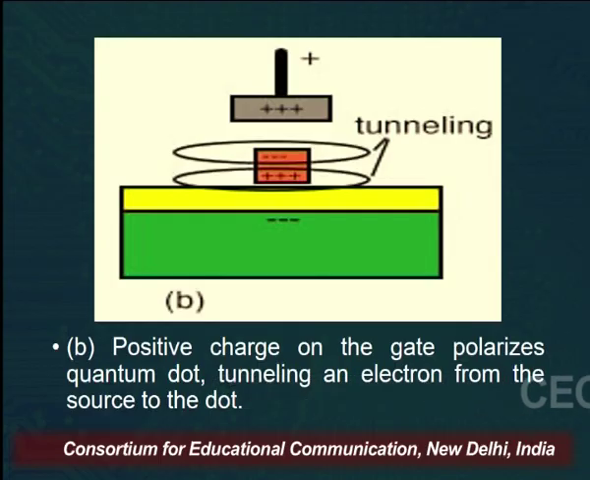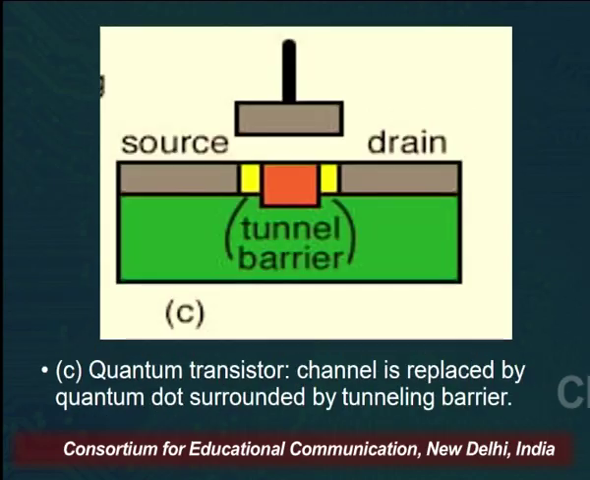So, positive charge on the gate polarizes the quantum dot, and now tunneling an electron from the source to the dot is possible. Now third, the quantum transistor. It means that the channel is replaced by the quantum dot and